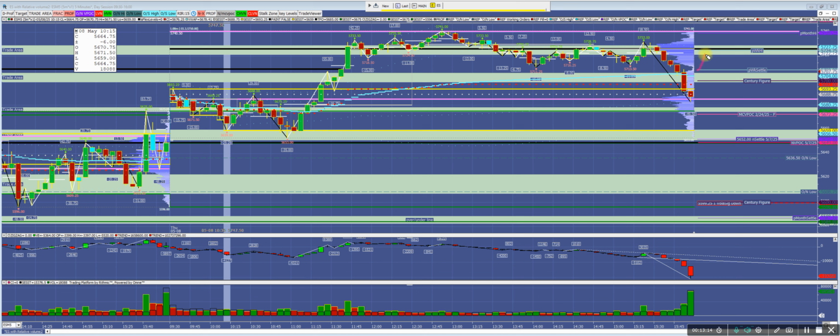Fail to take out the VPOC, or just take the VPOC out, rotate us down, test the value area low, fail, come down to the low, take out this naked microcomposite VPOC, and then take out the overnight low, and then fall down. And I'm looking for us to come down and test the 5600 mark down here,